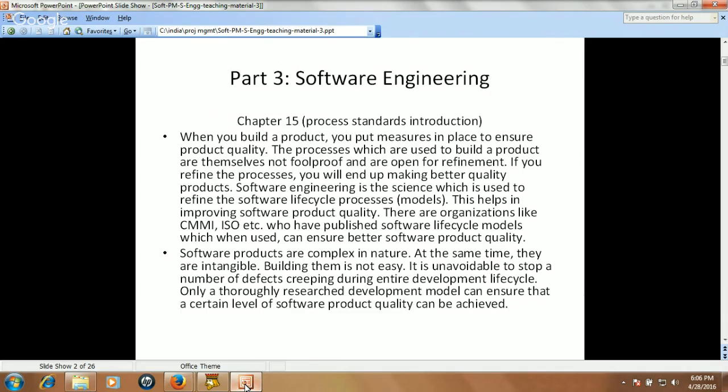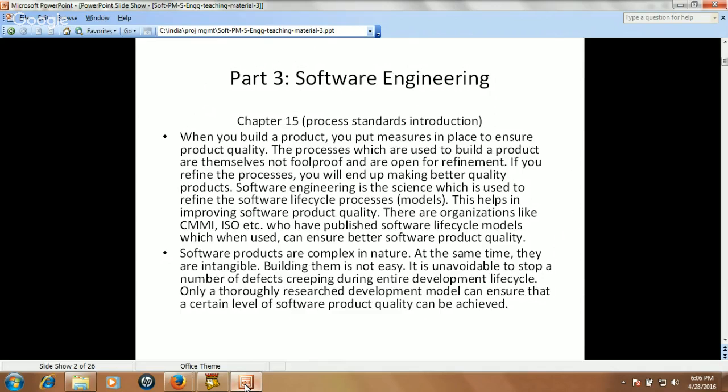But whether the requirement engineering being done on a project by one company is good enough, or some more refinement can be done inside this process step to get better results, for this you need to have the standards. You should have an understanding of those standards